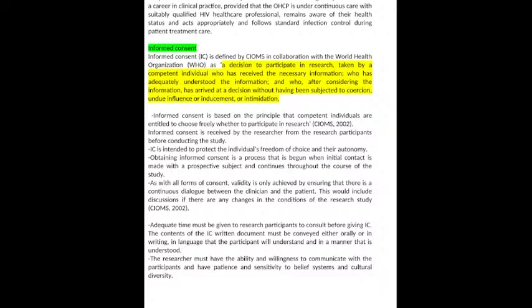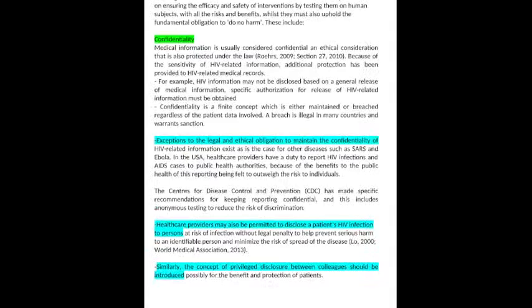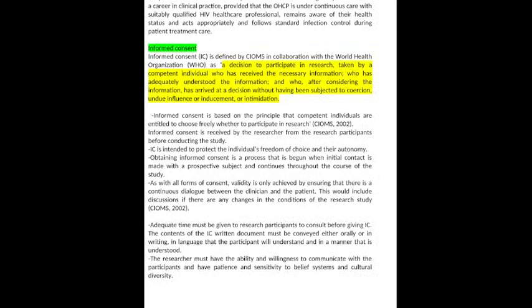And of course, this should be documented in a language that they can understand. You realize that many researchers, when they do research, go to people in the village whose level of understanding is quite low. We are saying that the consent should be drafted in very clear terms so that individuals are able to understand what exactly is expected of them.